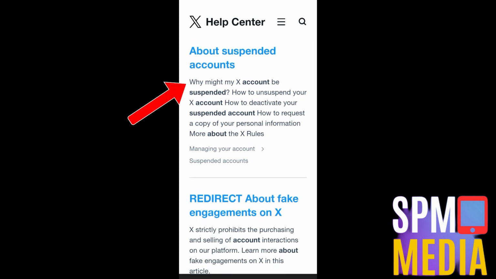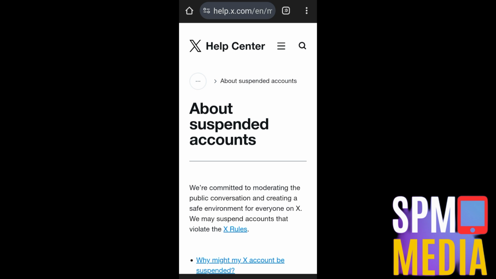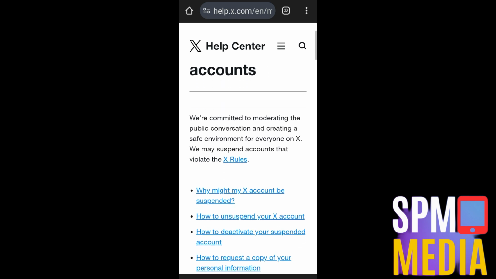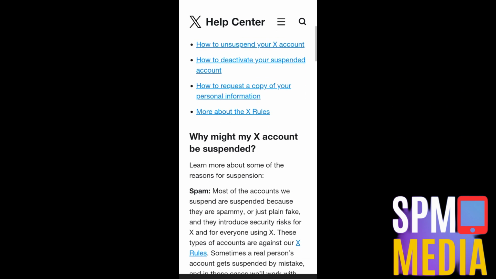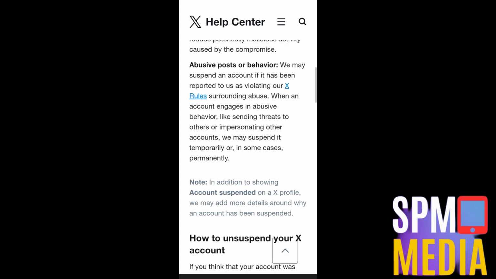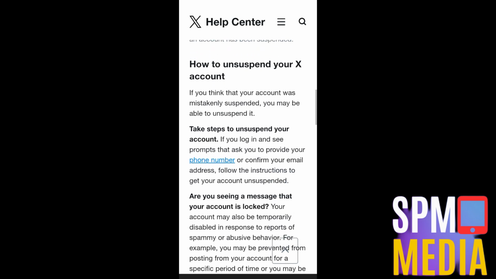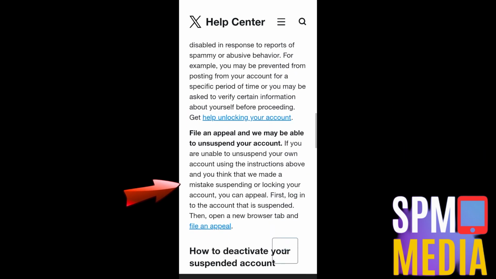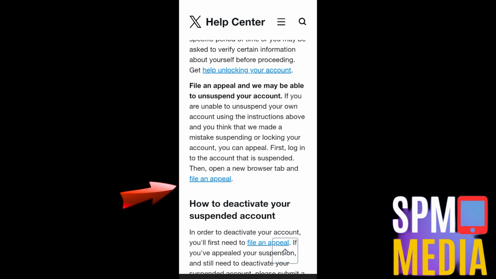So tap this one, and then after that, it will take you to another page where they will let you see some articles about how to recover suspended accounts or how to recover your account. What you're going to do here is scroll down till you see file an appeal. Tap this one. So they will ask you to log in or they will ask you to enter your account